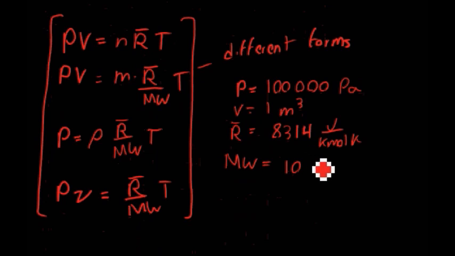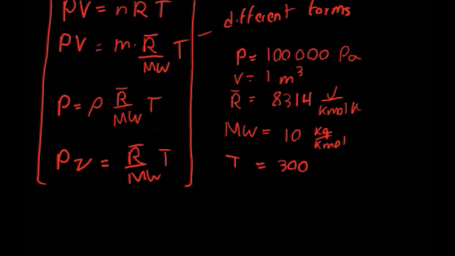I always have to check that. You want to make sure your units are correct when you're using this. And what's left? The temperature. Sorry, let me say the temperature is not 300. That probably wouldn't balance out. But what is the temperature? That's what we're trying to find. So we say 100,000 pascals times 1, divided by